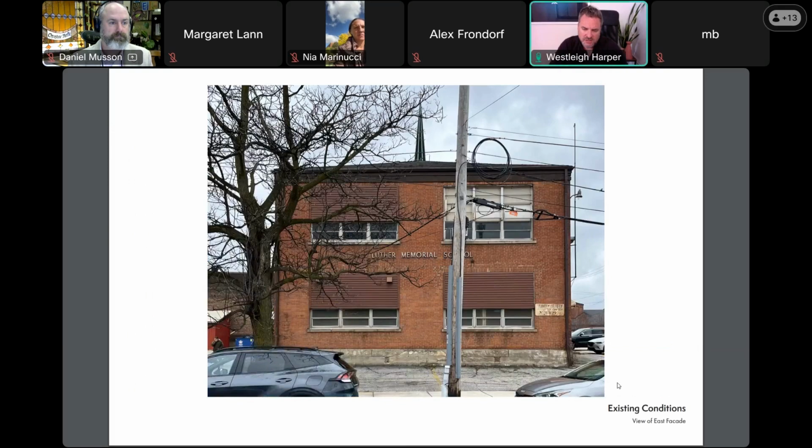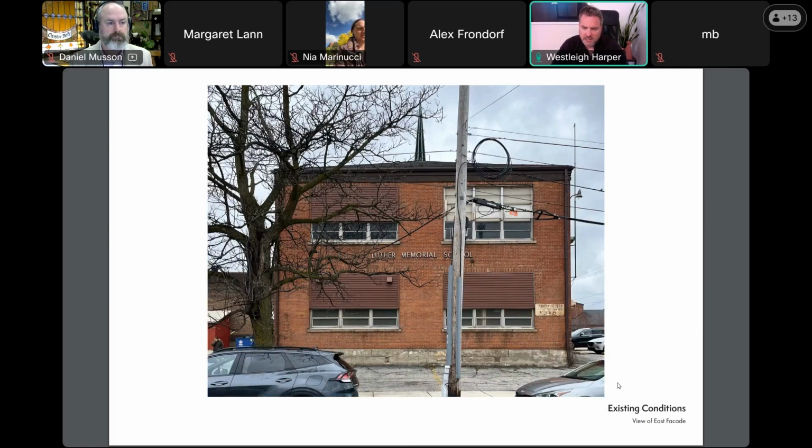So here is the existing condition of the Luther Memorial School. This elevation faces West 29th Street, so we're looking at the east facade. You can see that we have the existing structure in brick with a sandstone base, and then the original window openings are a little bit more horizontal than vertical.